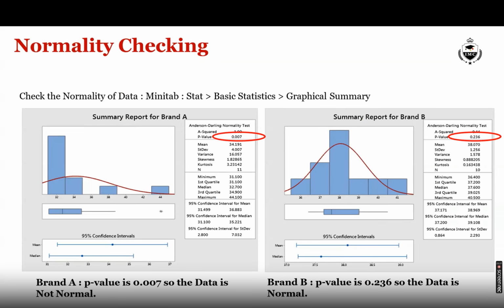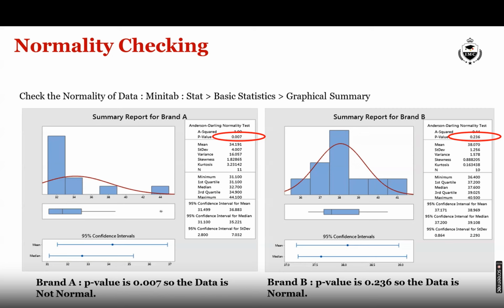Whenever we talk about normal data, there is a checking which we apply, called normality checking. I will show you this normality checking in some subsequent modules when we work on the statistical analysis. Now, this is just an example to show you there are two brands of data, brand A and brand B. For brand A, the curve does not look like a normal curve.